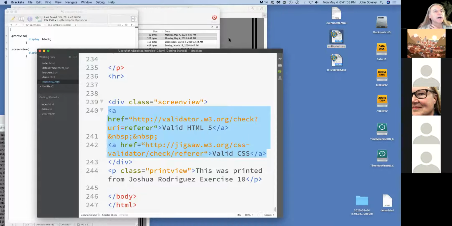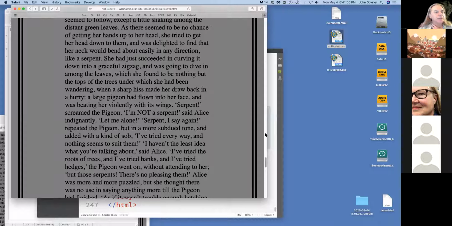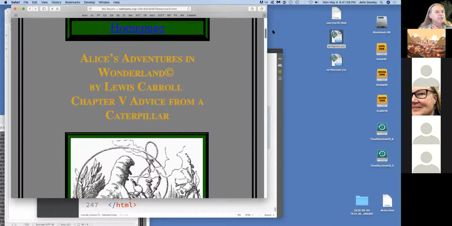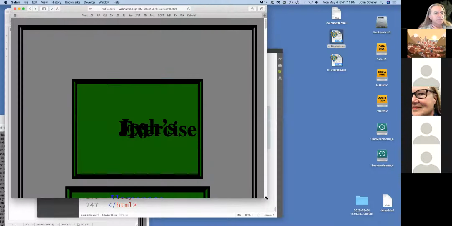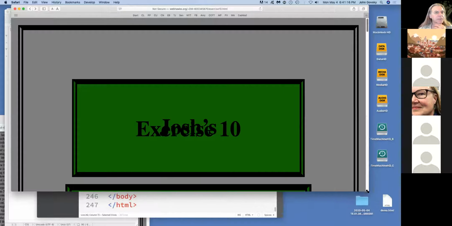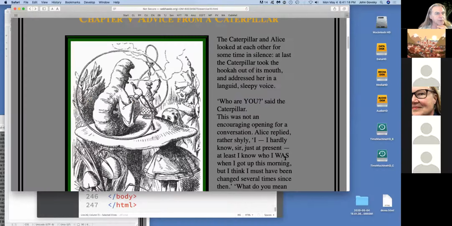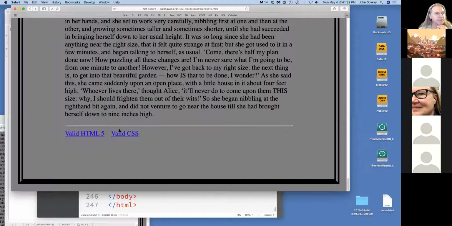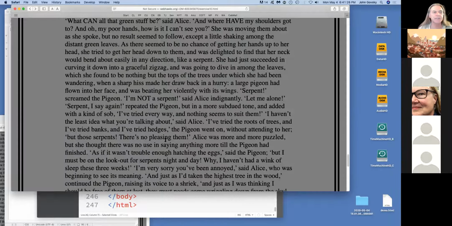So when we look at your page, and I'm looking, of course, obviously at the screen, I'm not seeing, oh, what happened there? Okay, a little bit of a weird thing there. Am I seeing the validator? Yes. Okay, so the screen is working fine. There's the validator buttons, and I'm not seeing the print statement. So it's working great. Let's just double check the print.